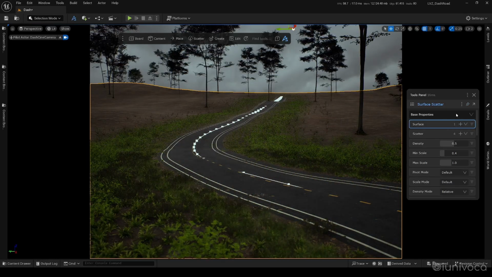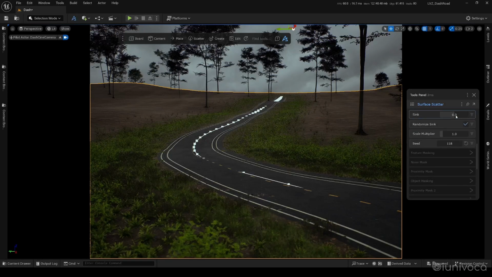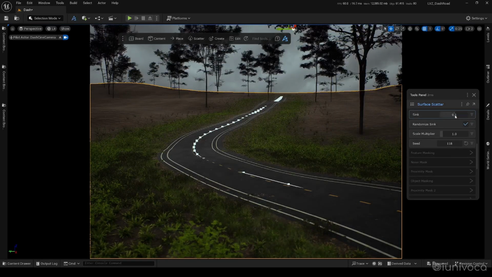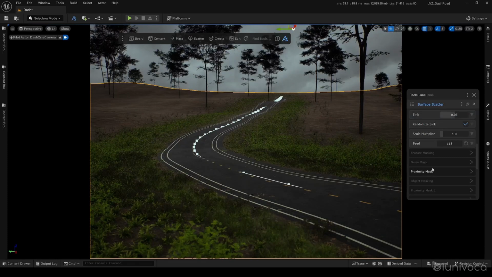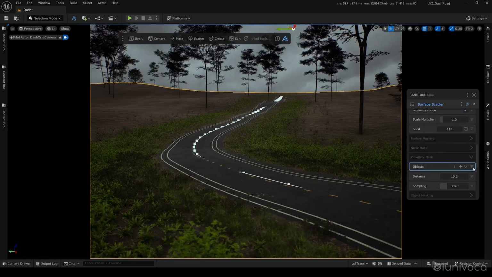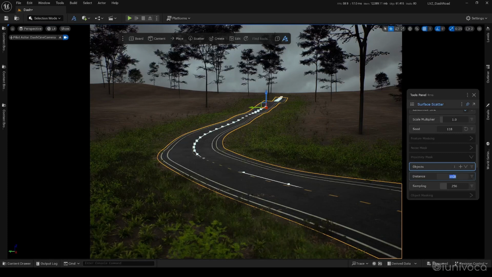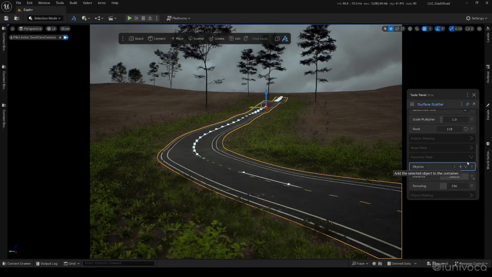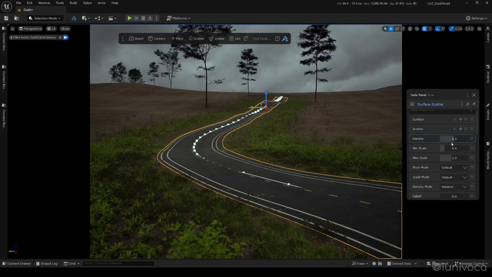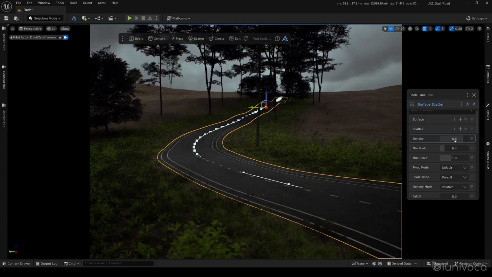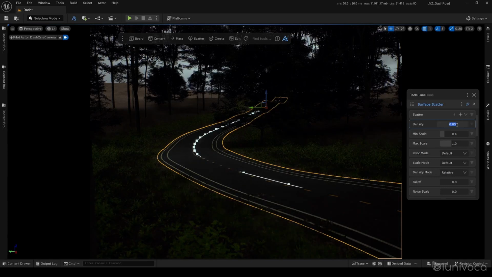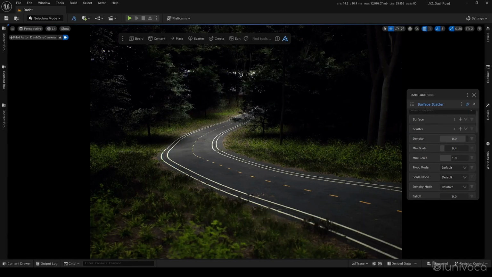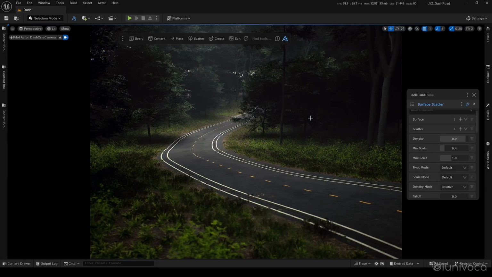Then we can start adding the trees, so the road will look like it is placed in the middle of the forest. After adjusting the density, randomization and other parameters, we just need to fix the exposure, as we will be in the middle of the forest, and we will place